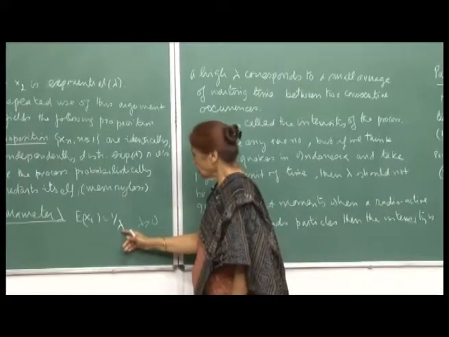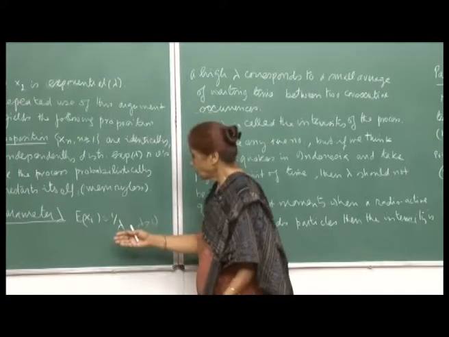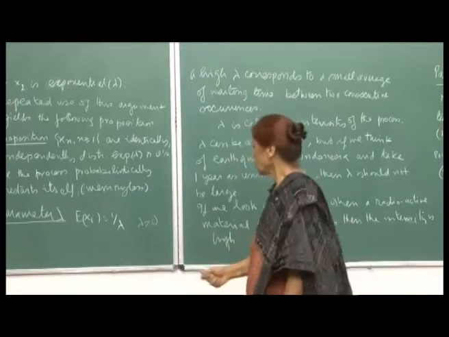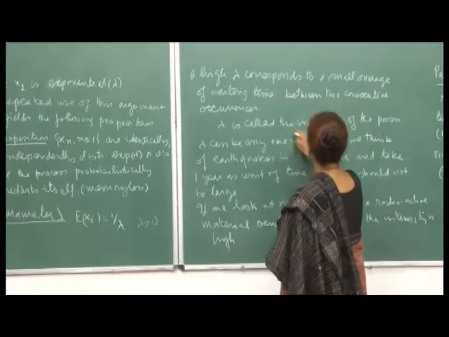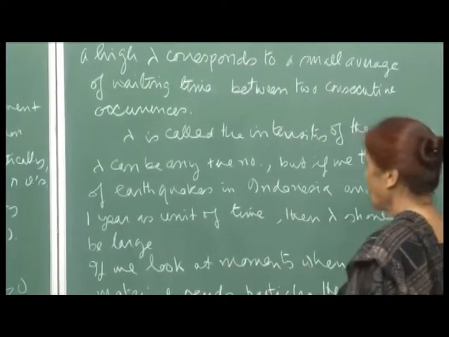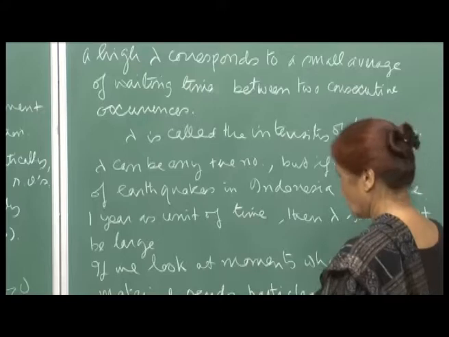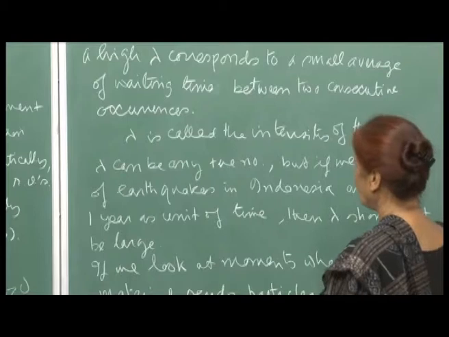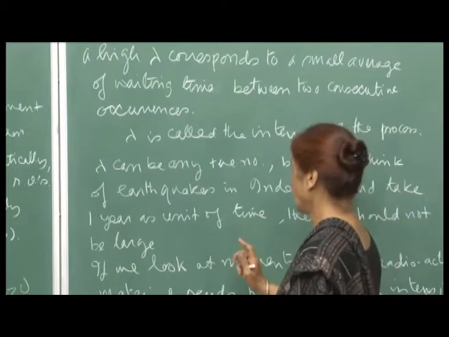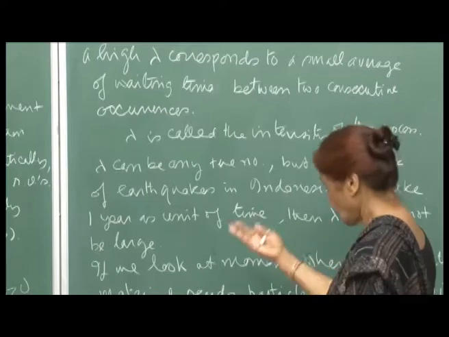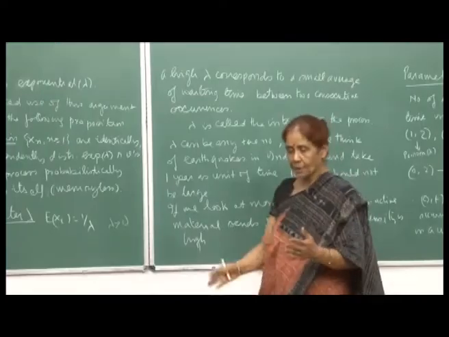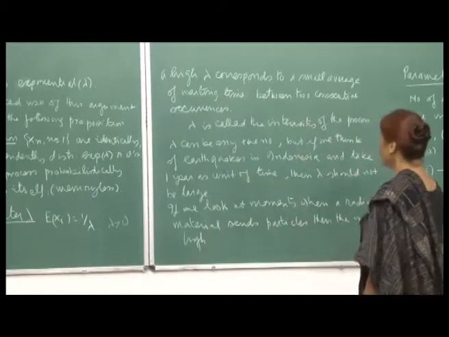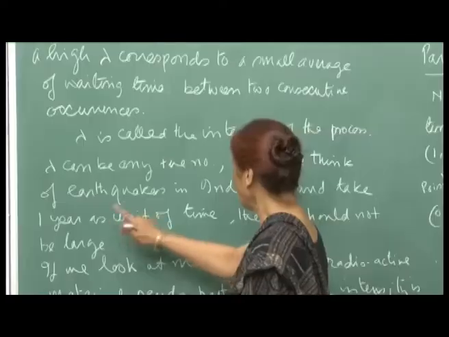So, that means the inter-arrival time average is large, and so the events are occurring at large intervals, and therefore we say that lambda is also called the intensity of the process. Lambda can be any positive number, but if we think of earthquakes in Indonesia, for example, and take 1 year as the unit of time, suppose I am counting the number of earthquakes that have occurred in a span of 10 years. If I take the unit of time as 1 year, then lambda